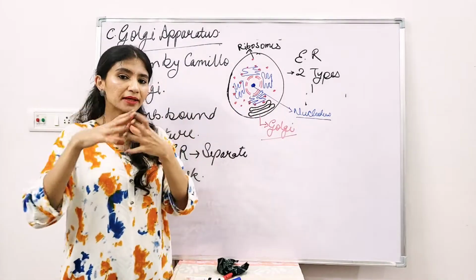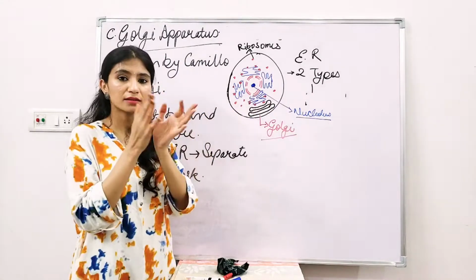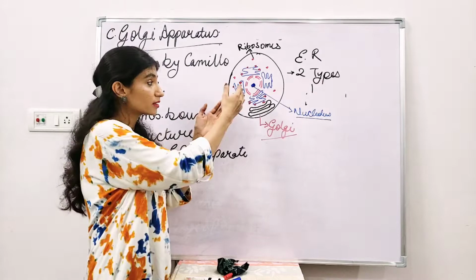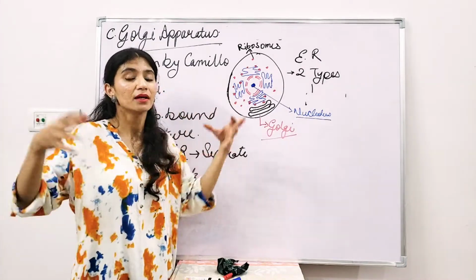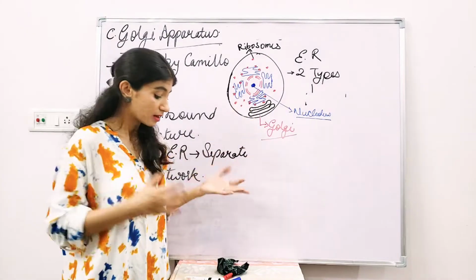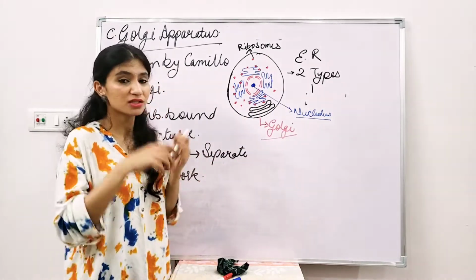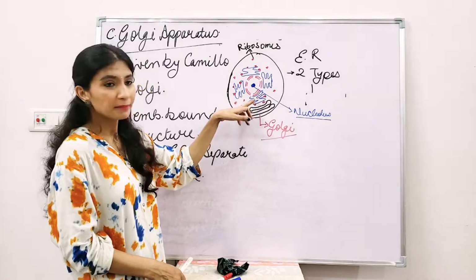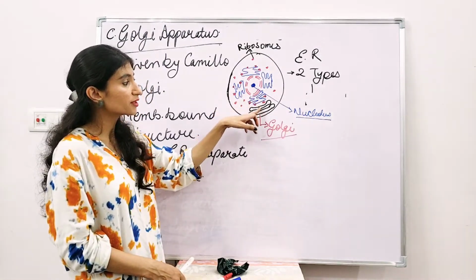See, things are being made in the ER. But as we discussed, the things made by the ER are dispatched or transferred to different parts of the cell. But how does it take place? Do they just come out and move away? No. What happens is they are made over here and then transferred into the Golgi.